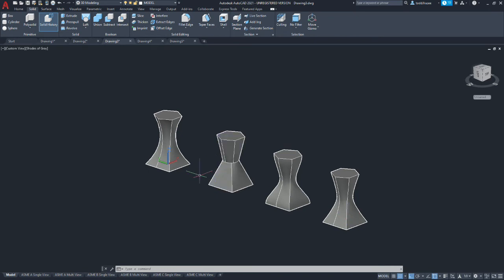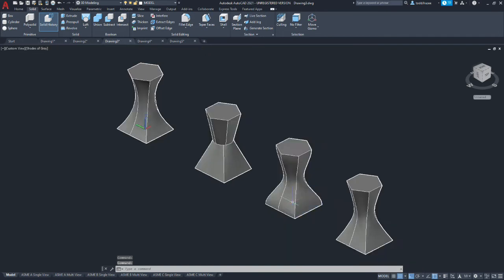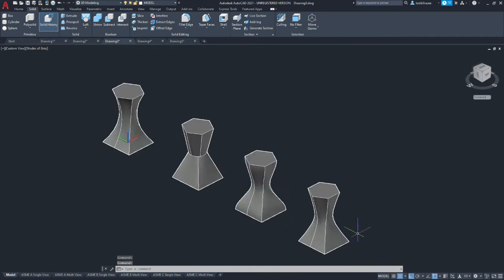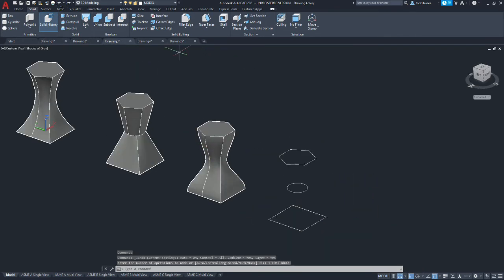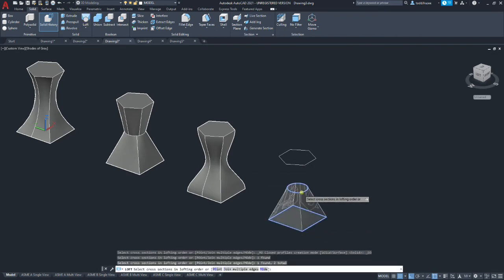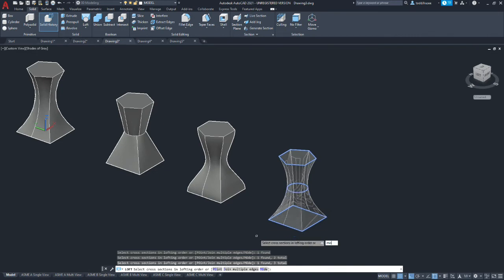Alright, we're going to do one more demonstration, and that's going to be to force this to be a surface. And we'll go to Loft. We're going to select our closed entities. And we're going to go to Mode, MO, and we're going to switch the surface. And then we'll hit Enter.